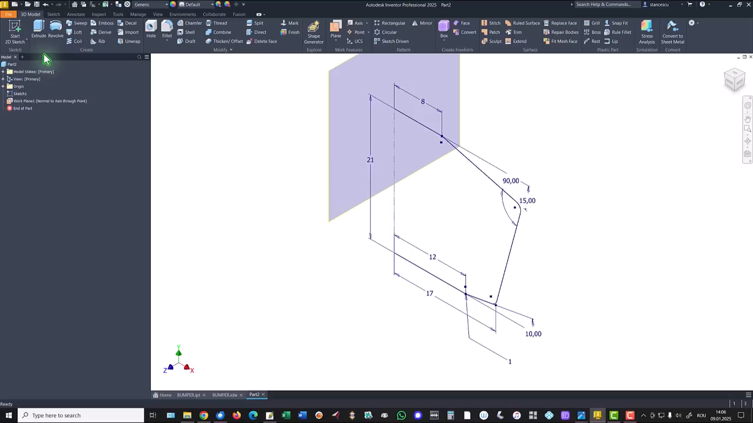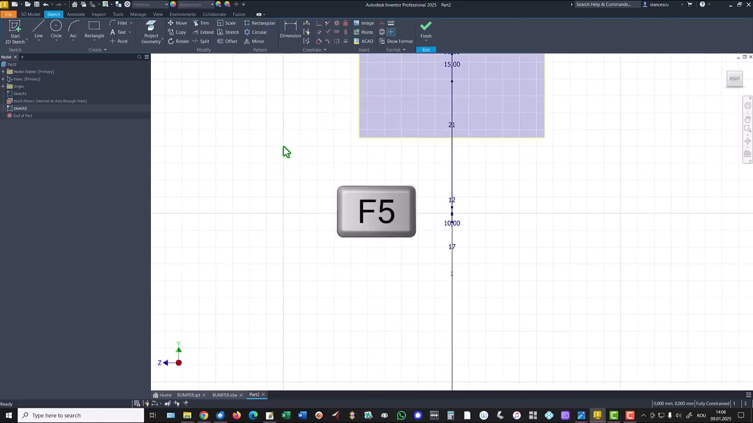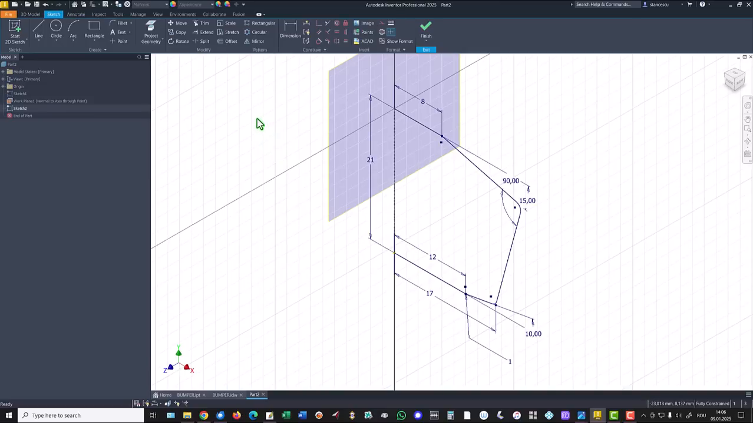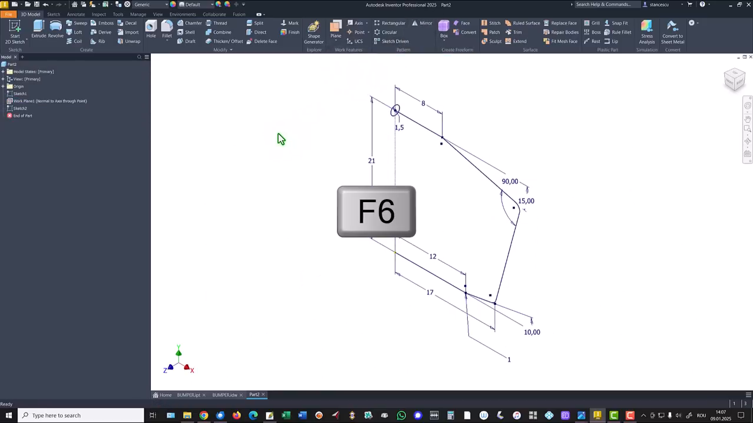Why? Because we have to draw a circle to apply sweep. F5 to see the previous view. We project this line to have the center of the circle. The diameter is 1.5, as you know. Finish sketch, visibility, and